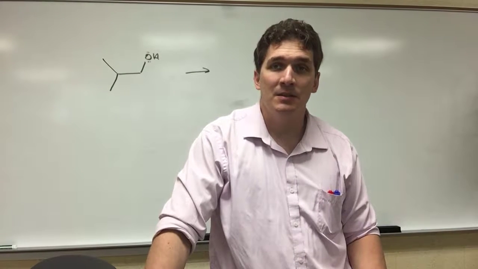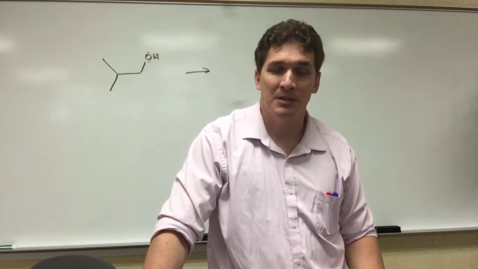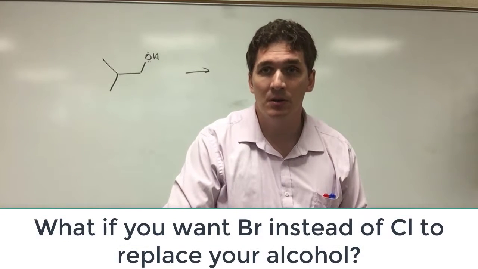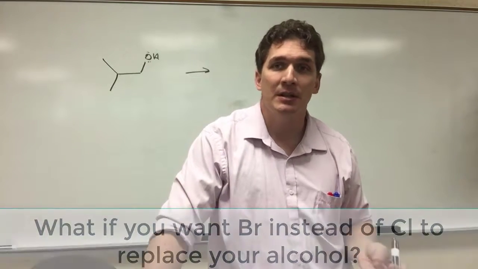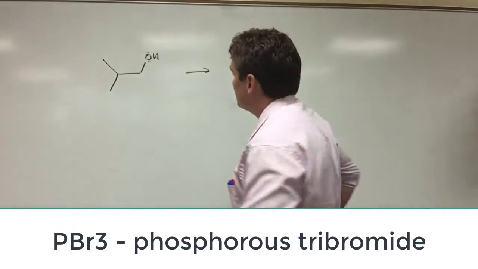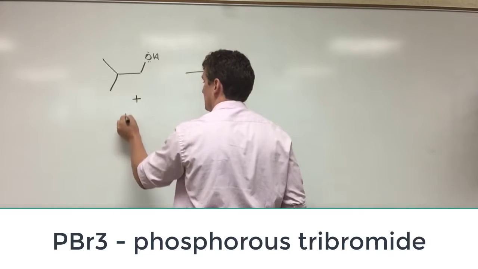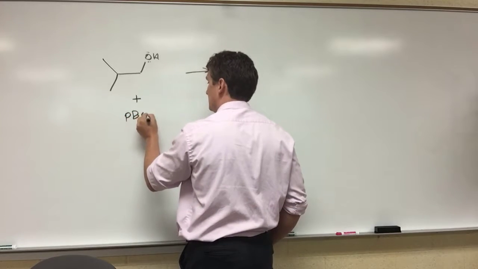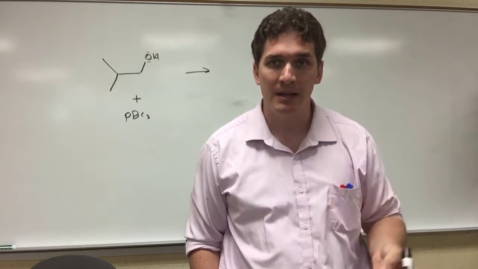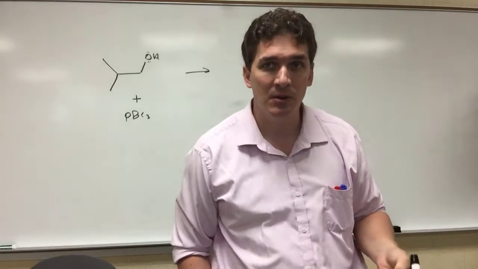Now, let's say you don't want to work with thionyl chloride because you don't want to form a chloride in terms of the halogen when you replace the alcohol. We have a second option here, and this is phosphorus tribromide, or PBr3. PBr3 is a nice compound if we want to create a terminal halide in place of a terminal alcohol or